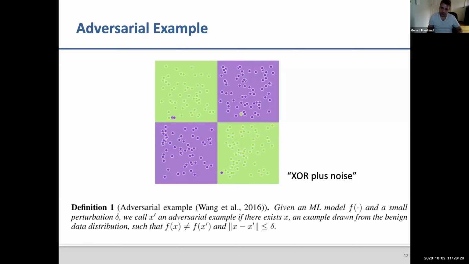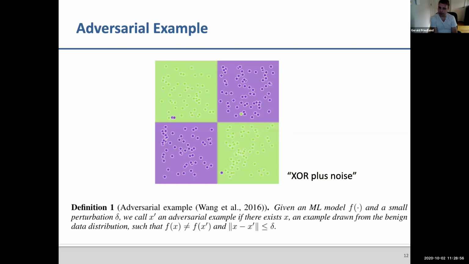And so here what I did is I basically said, okay, what if we had XOR plus noise, right? And now in this case, we probably don't want 100% accuracy. It's just noise. So what we want is to actually find XOR and ignore the outliers. But sometimes you need to ignore the outliers. Sometimes you need to not ignore the outliers, and it completely depends on what you're doing.